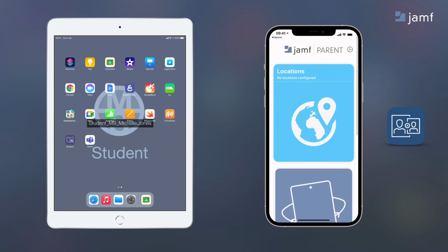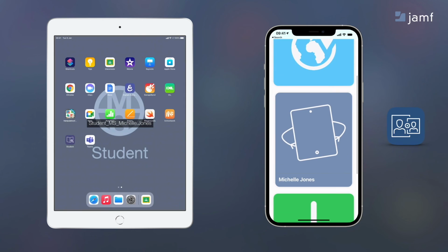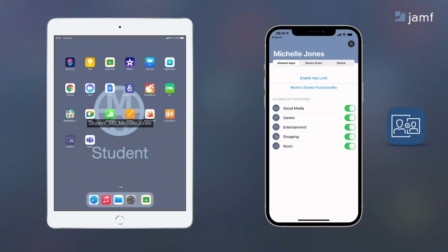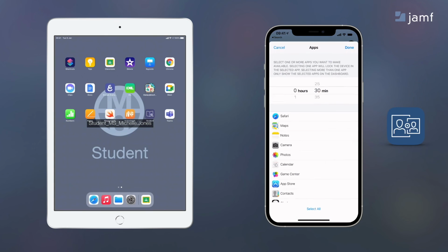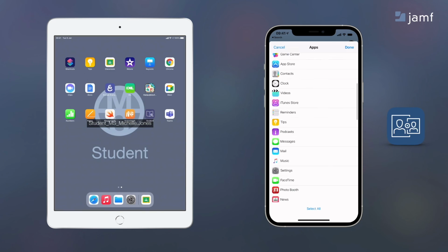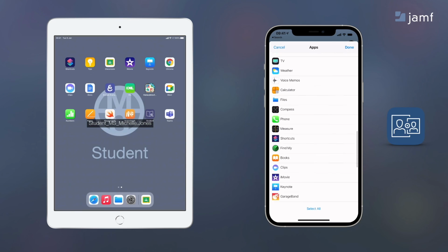On the right, we have Michelle's mum, who has the Jamf Parent app on her phone. Michelle's iPad is already set up on the Jamf Parent app, so she can scroll down from the top and click on Michelle. From here, her mum can turn off any distractions such as social media, games, entertainment, shopping and